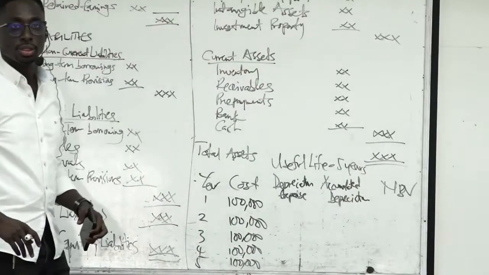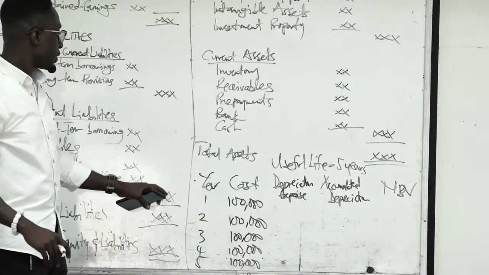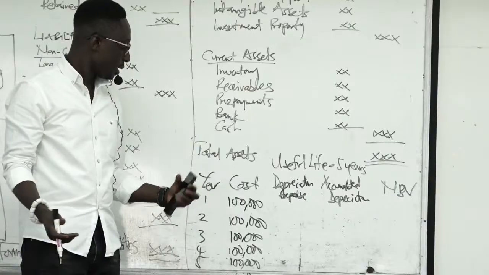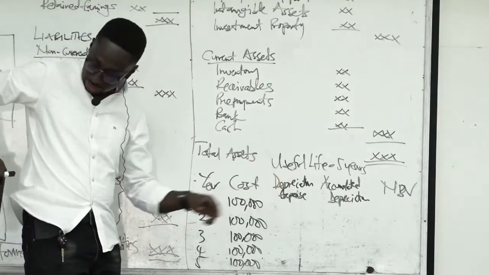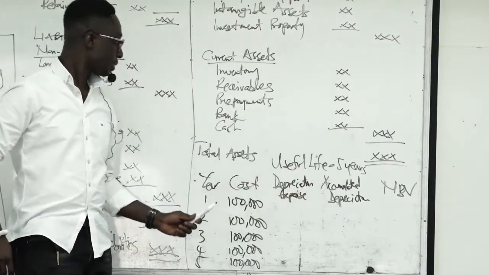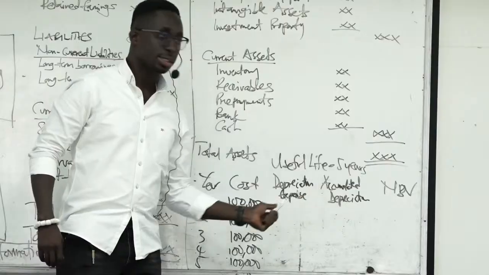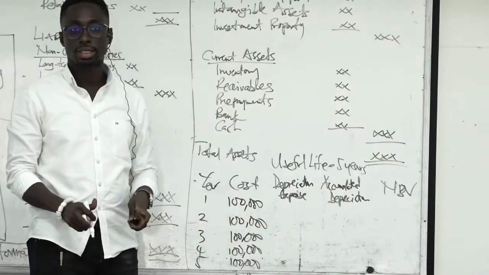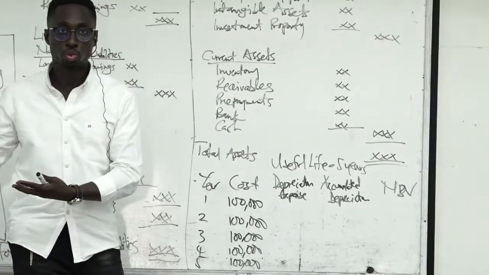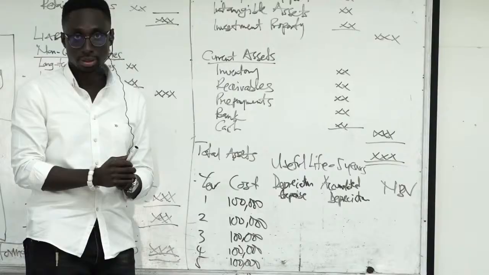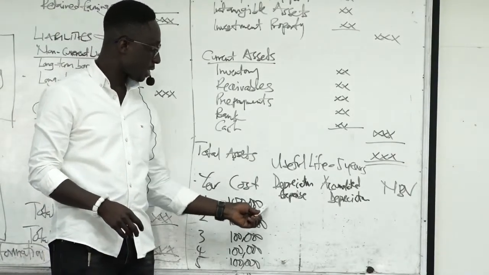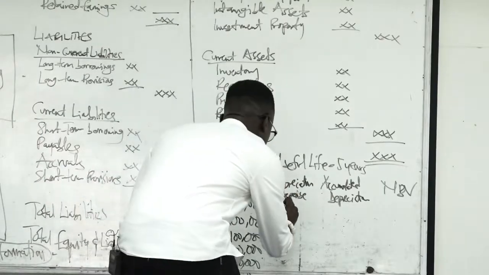Okay. Can we see? Okay. So the cost of the item is 100,000. The cost won't change. All right? But then, and we say here that the useful life is 5 years. All right? What this means is that each year, 1 out of 5 will go out as depreciation expense. All right? So the cost is 100,000. When you divide 100, all right? So each year will have depreciation expense